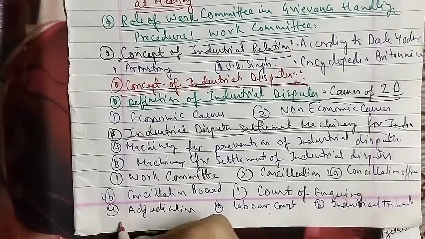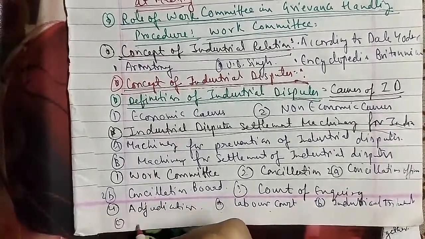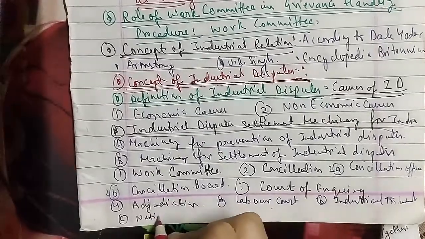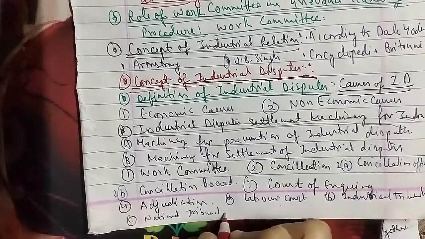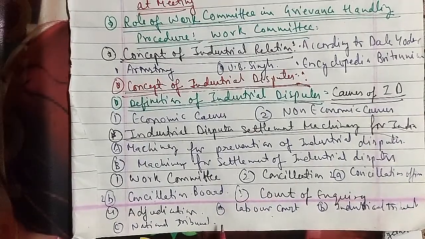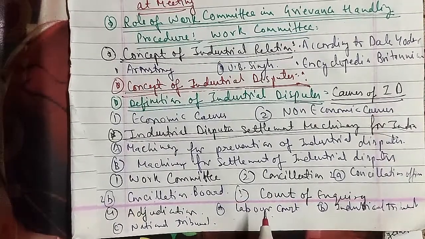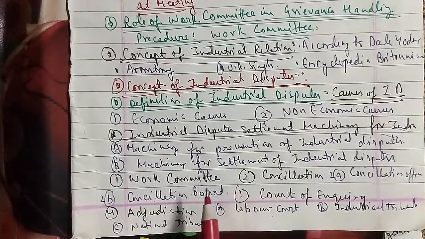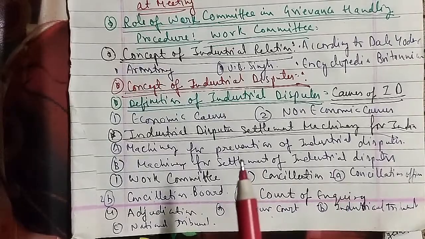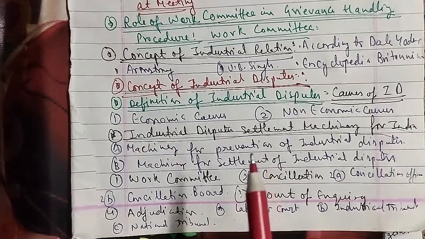And the third we have is the national tribunal. In this we'll talk in detail about the labor code here, as follows. Before that, if the settlement is not arrived at through the efforts of the above machinery, a three-tier